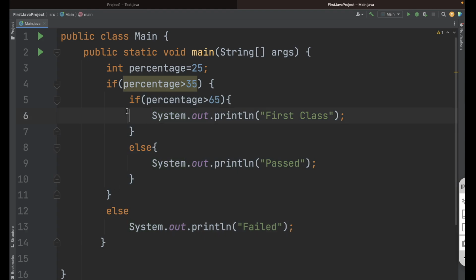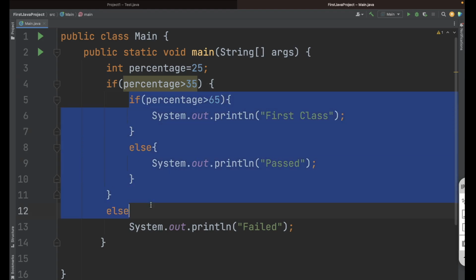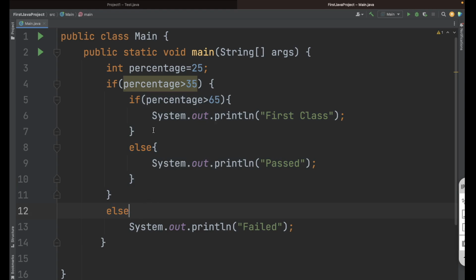Okay, so this way of coding you will see maybe when you work in the companies. Inside the if you will see so many if else. Okay, based on the different conditions, those statements will get executed. So now let's suppose here I have the marks as 80. Okay, let's save this. Now let's keep the debugger here. I will just debug the program to make you understand how it is working.